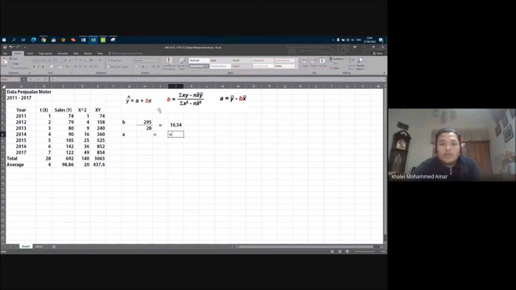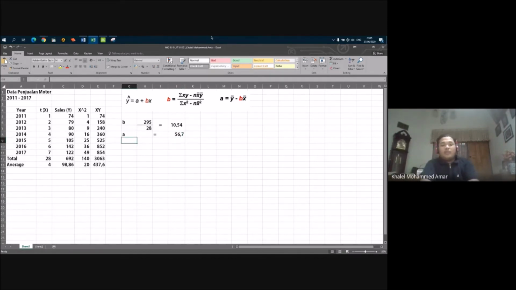It's equal to the average of Y here minus B times the average of X. So we got the data of A here, 56.7, and then we will get the formula for this least square.